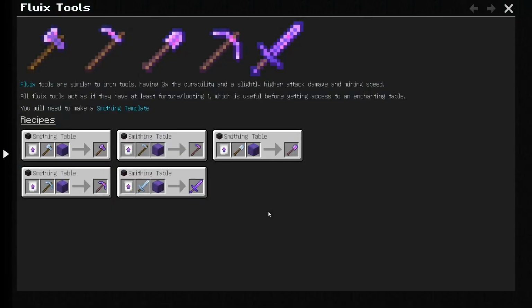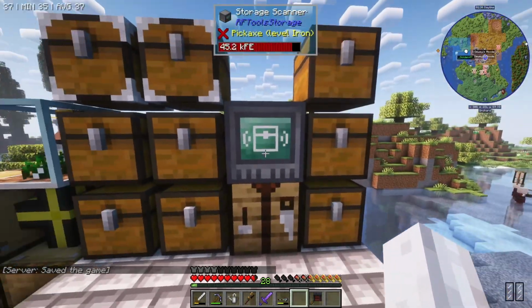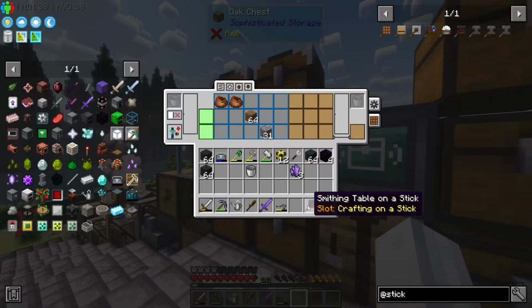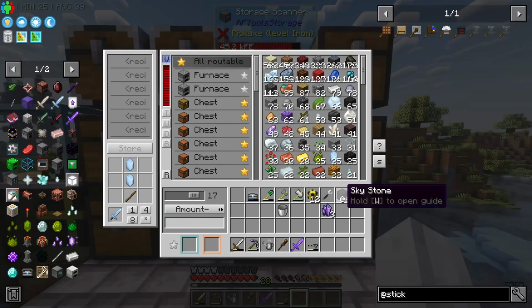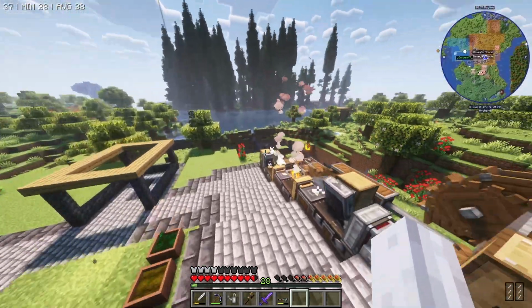It also has a little wiki. Here we go. Fluix tools are similar to iron tools, having 3 times the durability and a slightly higher attack damage and mining speed. All fluix tools act as if they have at least fortune/looting 1, which is useful before getting access to an enchanting table, but you'll need a smithing table. That's cool. And as you can see, there's looting and fortune on each of these items. Pretty neat. So, I'll chuck that guy in my backpack. I'll chuck the skystone away in the fluix. And that may have taken longer than it should have, but...